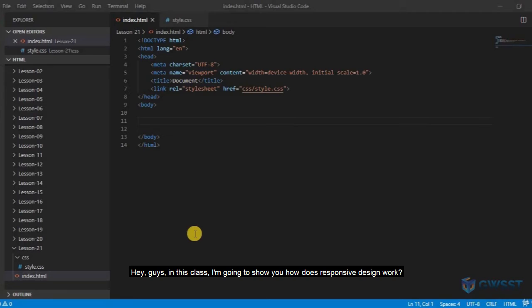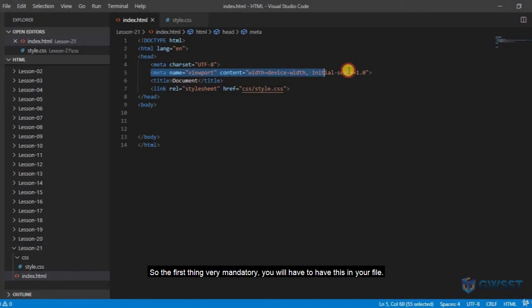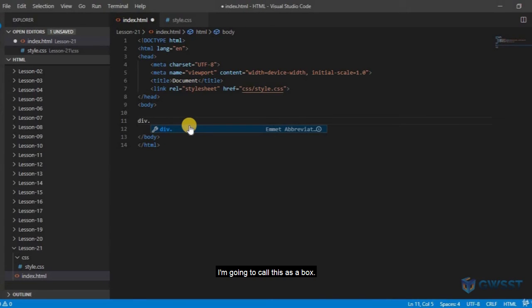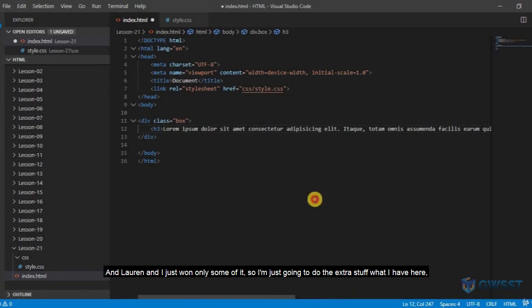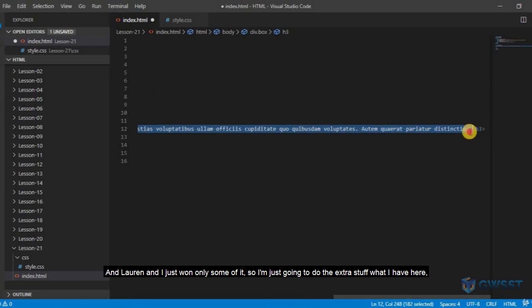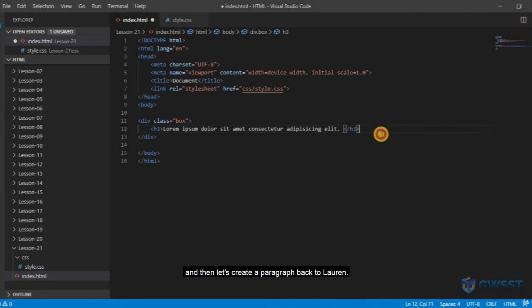Hey guys, in this class I'm going to show you how responsive design works. The first thing, very mandatory, you will have to have this in your file. If this is not there, responsive design would not work. So make sure that you have this line. Now once you have done that, we can create a div. I'm going to call this a box, and inside this let me add an h3 tag. I'll say lorem, and I just want some of it, so I'm going to remove the extra stuff. And then let's create a paragraph tag, say lorem,